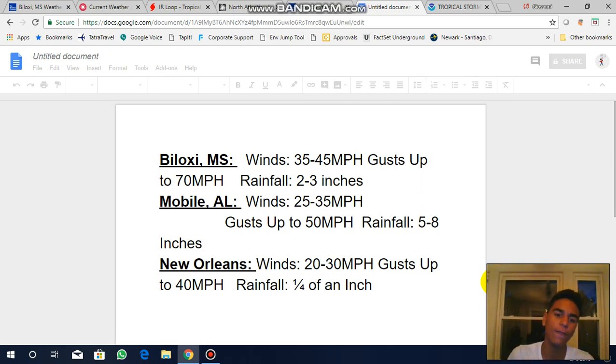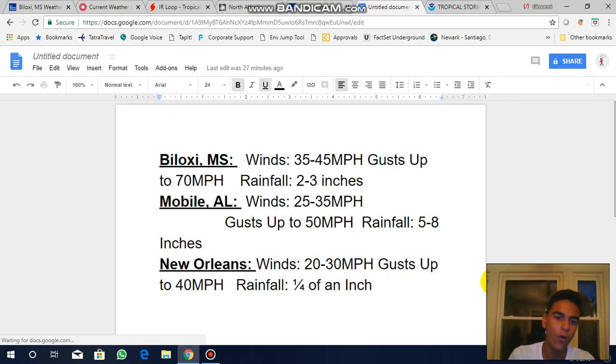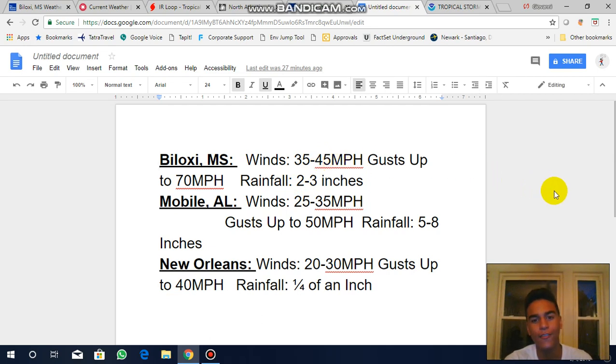So here's my current forecast for basically the three main cities or areas that are going to be affected from Tropical Storm Gordon. So in Biloxi, Mississippi, I expect sustained winds right around 35 to 45. So I mostly expect tropical storm force sustained winds from this. I don't expect hurricane conditions, because for one, I don't think it's going to strengthen into a hurricane just before it makes landfall. And another thing is that even if it